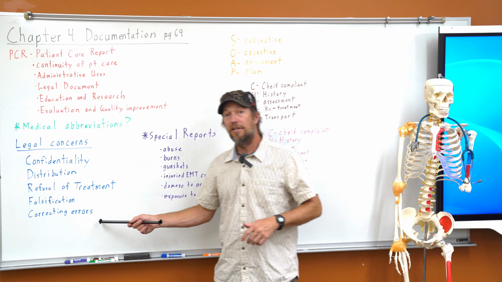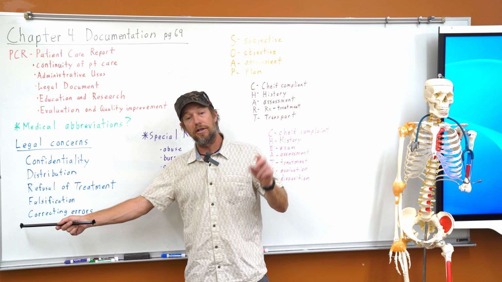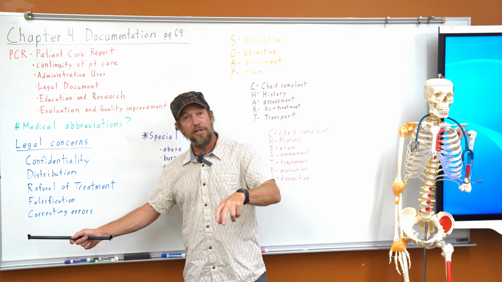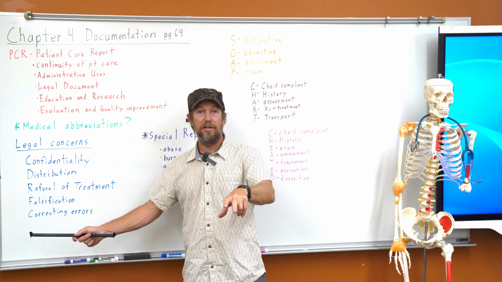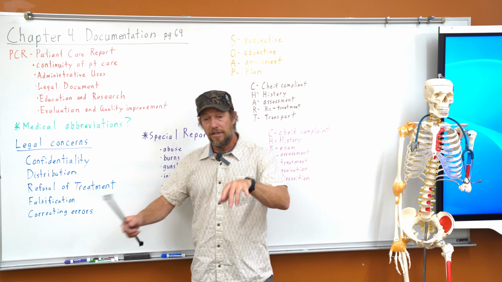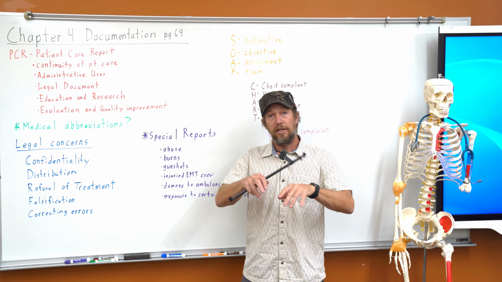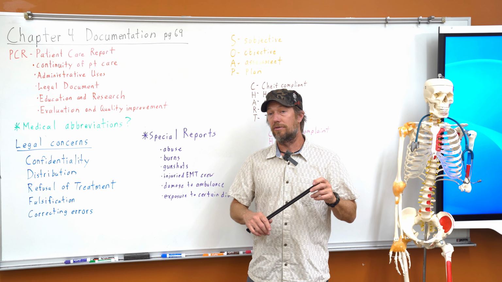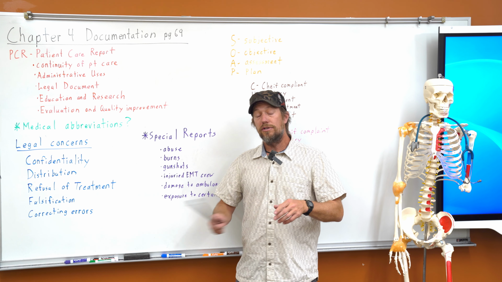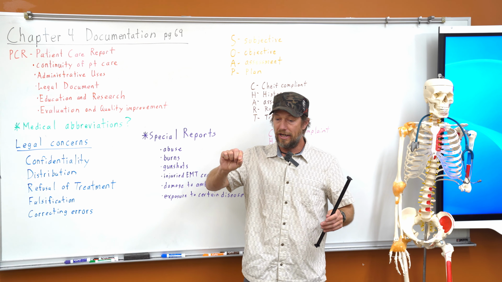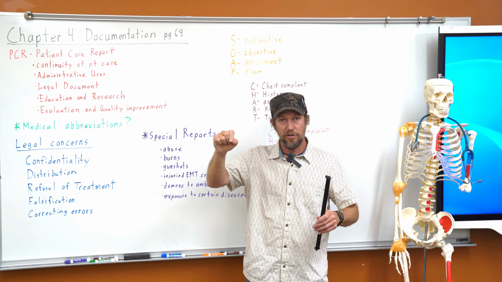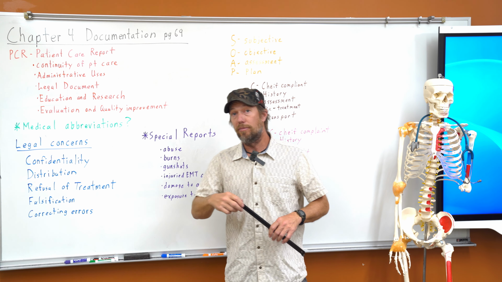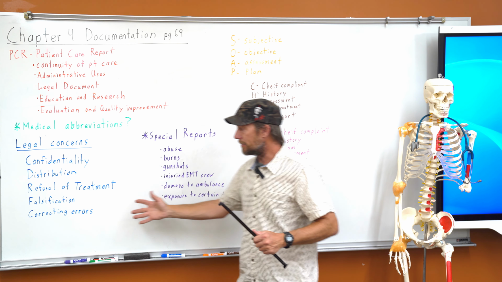But they will catch these and they'll send you an electronic email, that way it's tracked, and it'll say, hey Jeremy, you need to fix this on your PCR, and they document exactly what it is. Then when I get on there and I change it, the computer keeps a record of me being on there, what I changed, what the date was, and that sort of stuff. Used to be, make one line through whatever you're changing and then initial by it. It's kind of an old rule of thumb, but now everything's kind of electronic. So anyway,